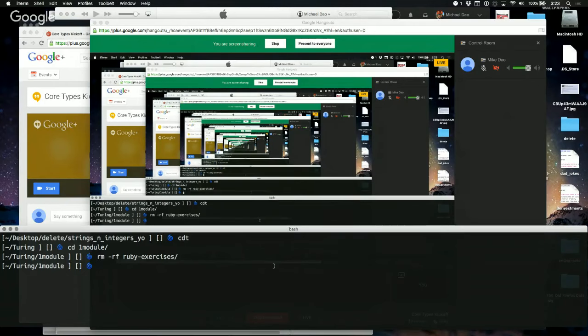First thing I want to do is, I'm currently in my Turing one module folder, and I want to clone down all of the exercises that I'm going to need. I do that by typing in git clone Turing School Ruby-exercises.